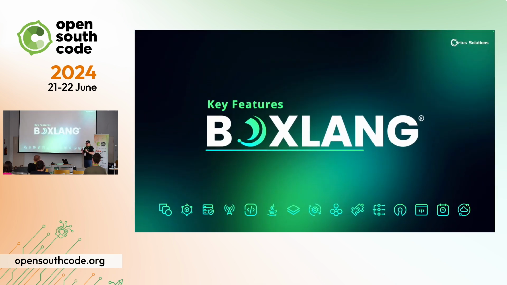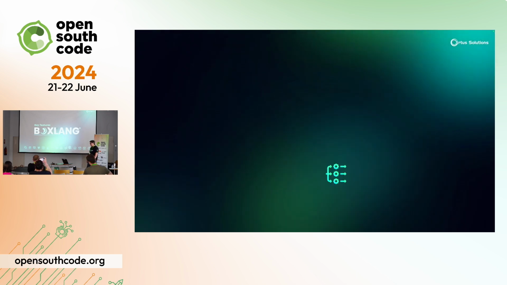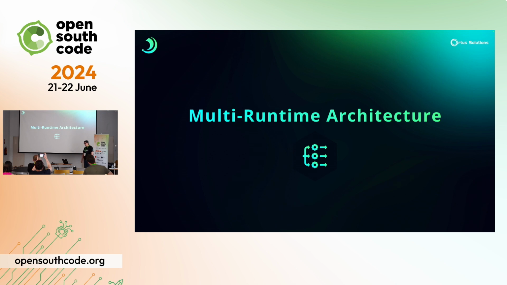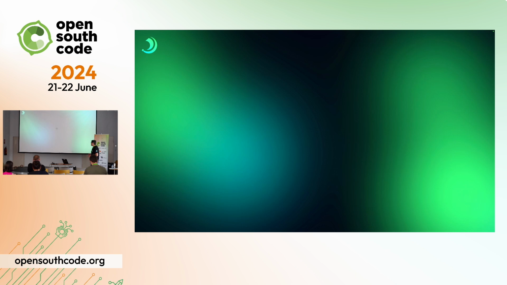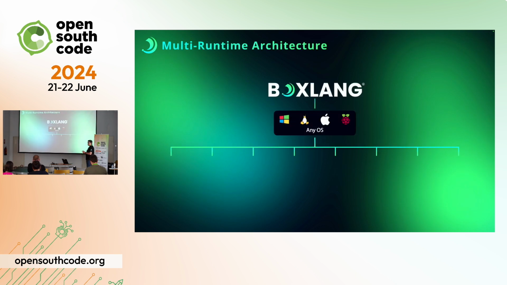So I'll take you a little bit through the features of what BoxLang is composed of and through the semantics. The first one, which is the most important for us when we designed this, is to have a multi-runtime architecture. We really wanted to focus on small and very compact and lightweight. So we started at bare metal. We wanted to target this to the barest of them all, just to execute on a CPU, whether it's ARM, Intel, or whatever. And that basically gave us a full language at 6 megabytes. It is completely tiny. With all the dependencies, it runs and clocks at 6.